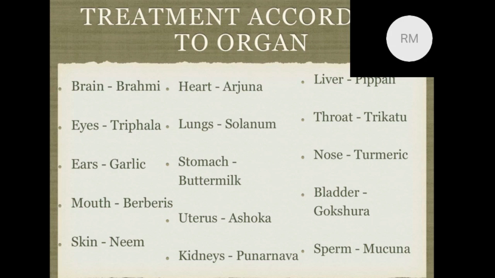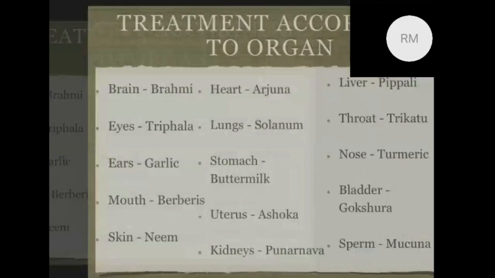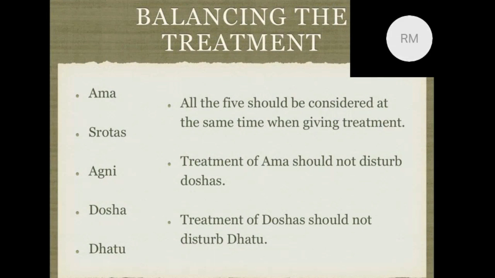For the bladder, we have Gokshura, for the nose, turmeric, and for sperm, Mucuna. So in this way, you can see how from ama to dosha to dhatu to organ, the treatment becomes more and more specific as we move forward. So we say that in Ayurveda, treatments do not